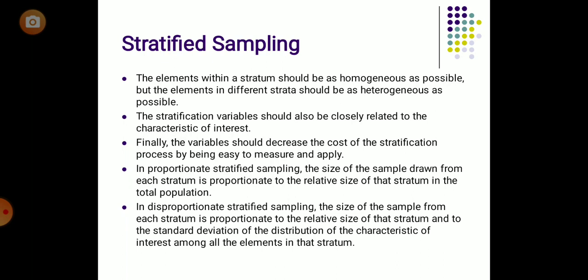One is the group of MBA, second is the group of engineering, third is the group of MCA, and fourth is the group of pharmacy. Out of each group a few students are selected, maybe 20 from MBA, 10 from MCA, 30 from engineering, and the rest of the students from pharmacy. Then it is an example of stratified sampling. But the important thing here is how we select the elements from the MBA group. Basically we randomly select the students from the different strata.